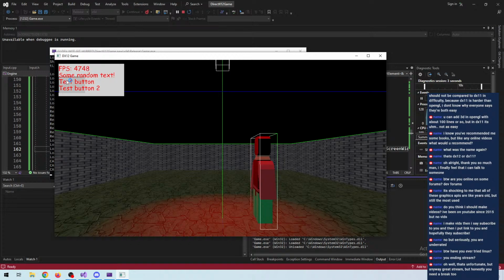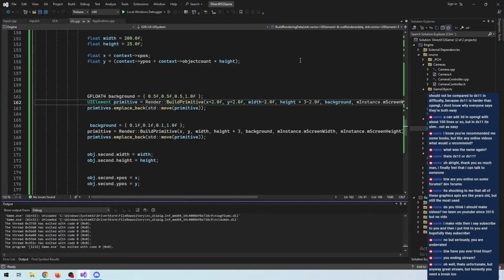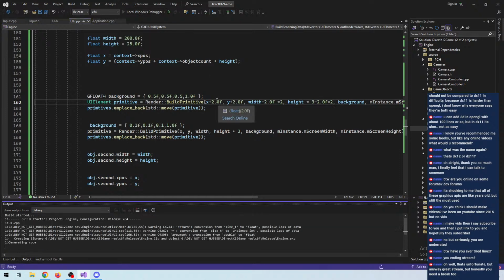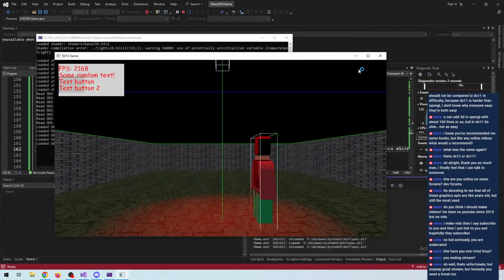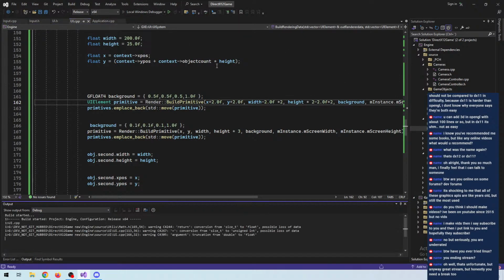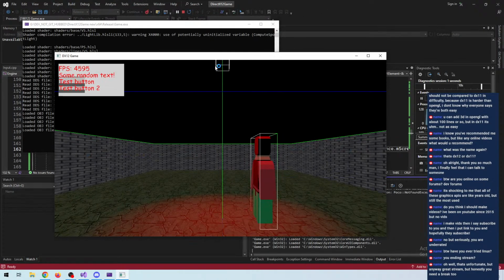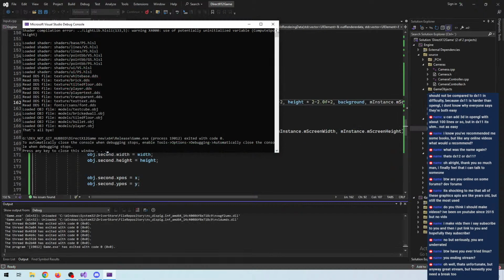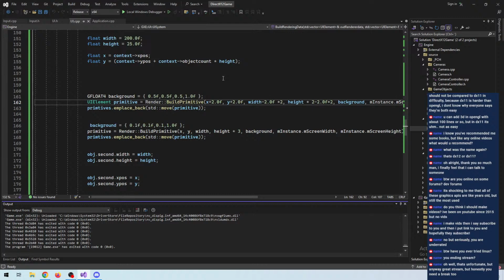Yeah, it definitely looks more like a border. Let's do a bit less of a height. Well, of course, yeah, we need to calculate the border because